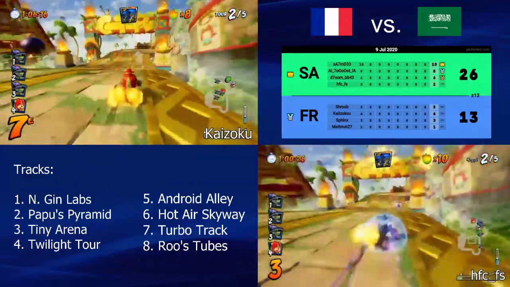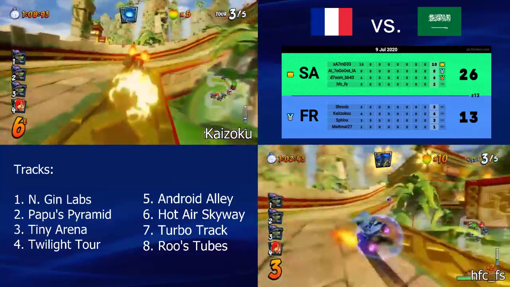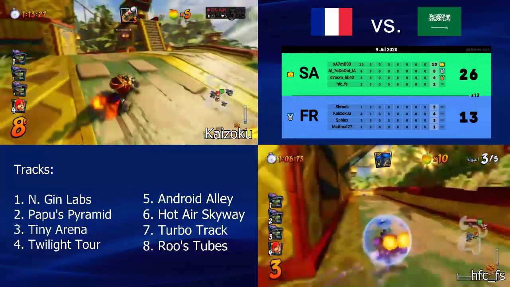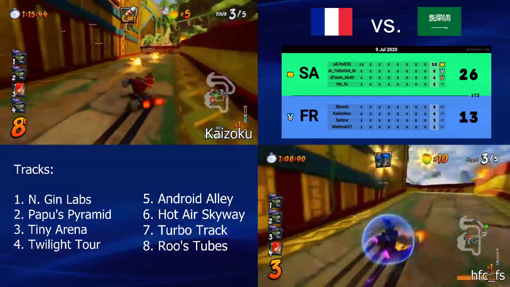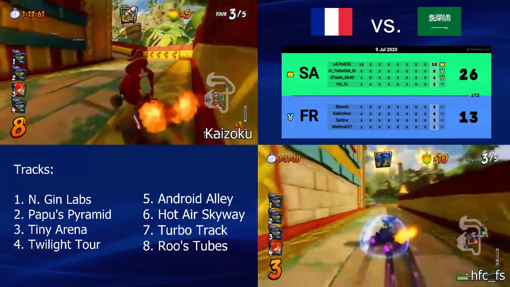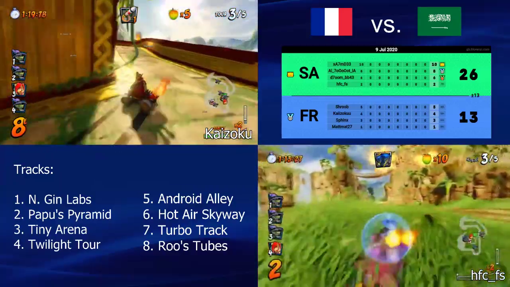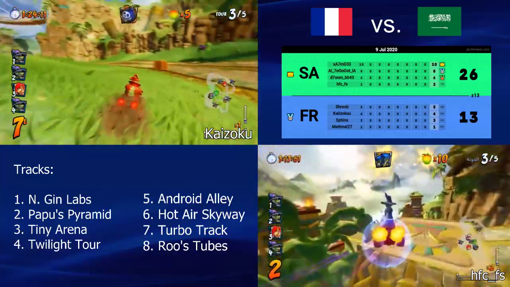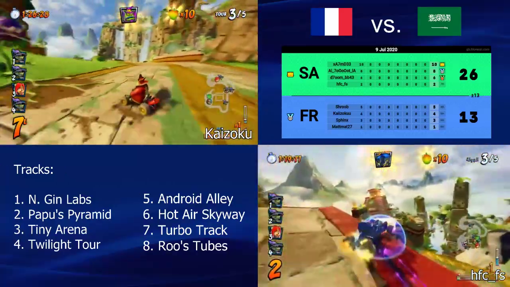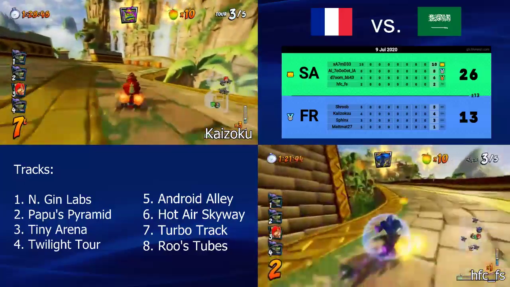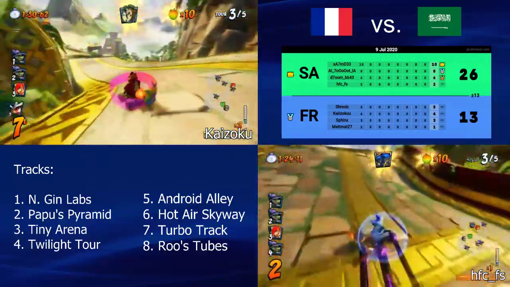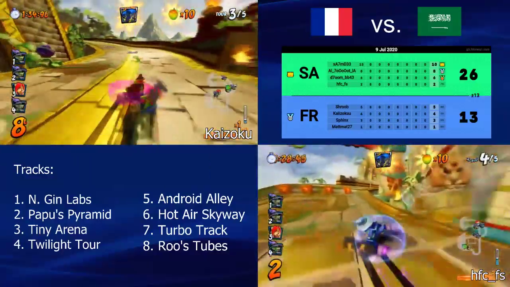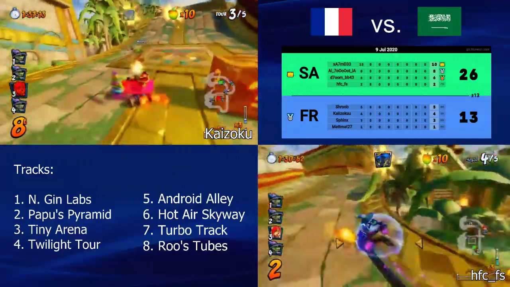We see players 3 and 2 protected by a blue shield already so early on. That makes it very difficult for the French team now to come back, since even if they get an orb or a clock, it will miss at least 2 players. But then again, we've seen Ahmed just fall down, and I guess that can happen as well. Papa's Pyramid is a very short track, so if you have a shield there, it's pretty much a win for you. Yep.